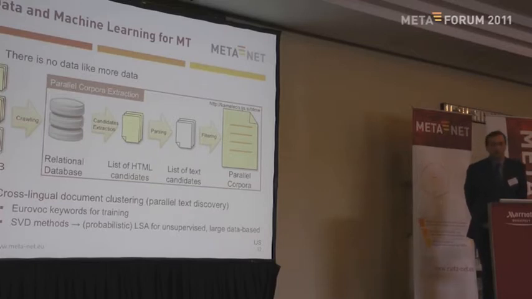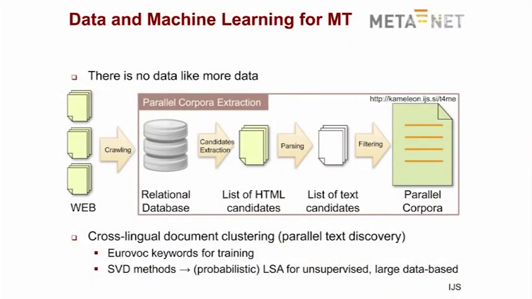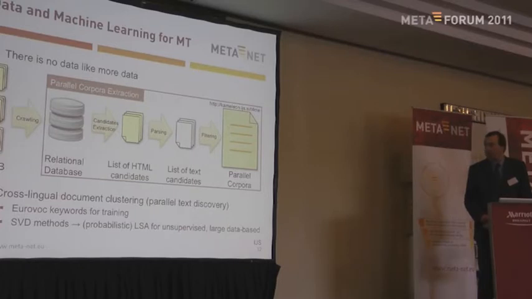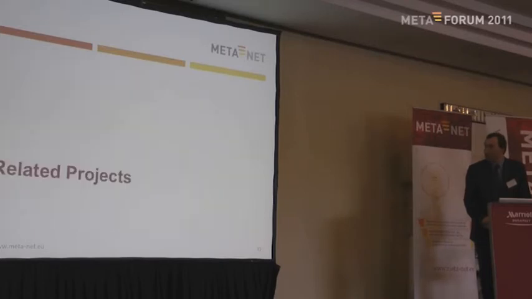At one of the sites, a system has been developed that can download data, but most importantly, can identify the parallel sections of the data with high quality, and then use the data for further experiments, especially in the machine translation area. So this is just a diagram of how that works. It looks like a standard system for data collection, but the crucial part is the discovery of the parallel counterparts of the data that have been downloaded.